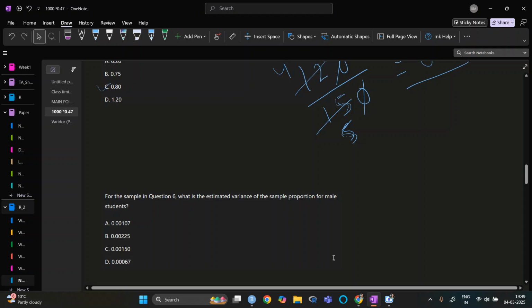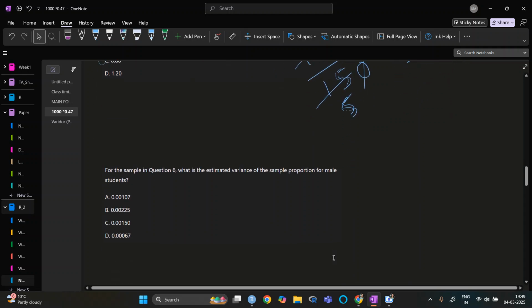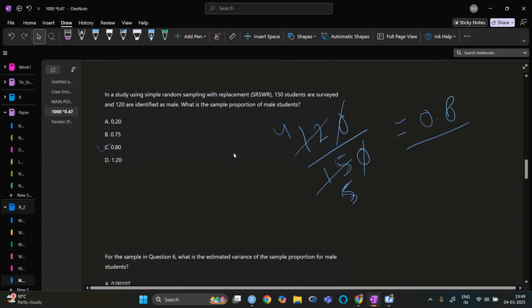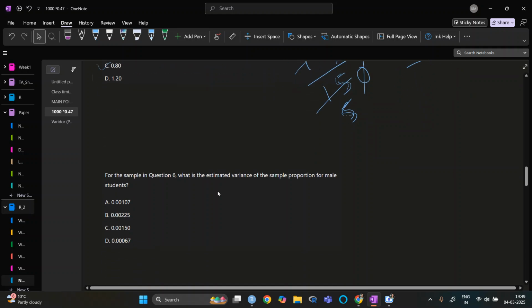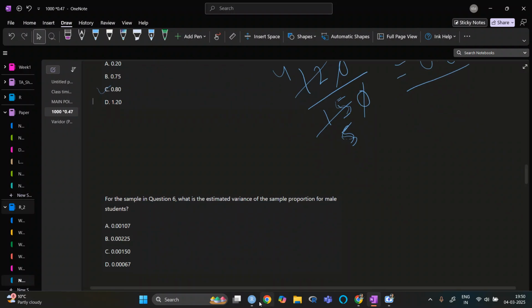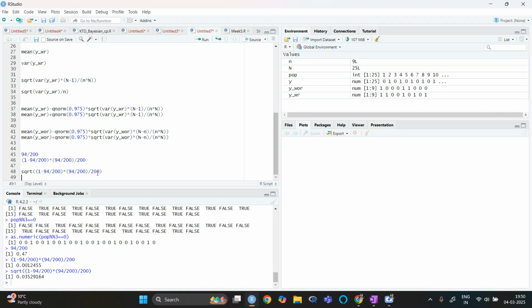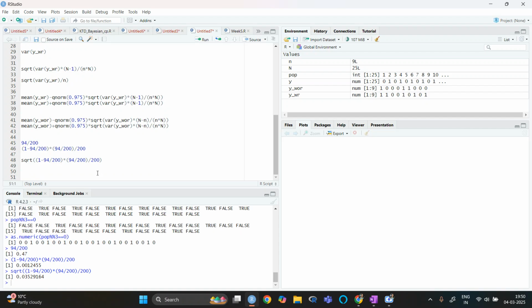Now, for the sample in question 6, that means in the last question, what is the estimated variance of the sample proportion of male students? Again, this one is a similar question. So this one will be 0.8 times